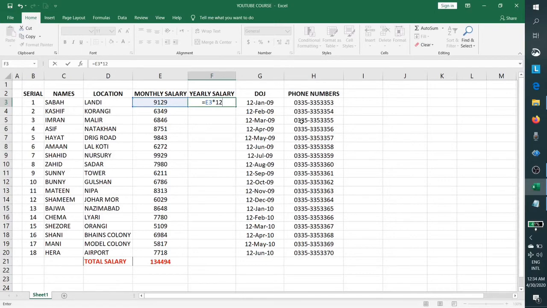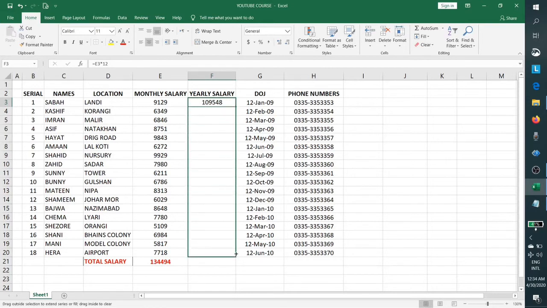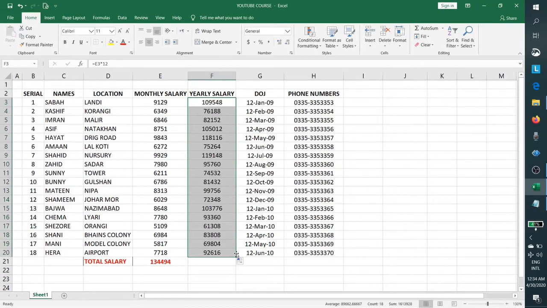So this is the easy way for multiplication. This is the yearly salary, and if we come here to the right bottom, you will see the black plus sign. We'll just drag it down, and you see it copies the formula to all the cells.